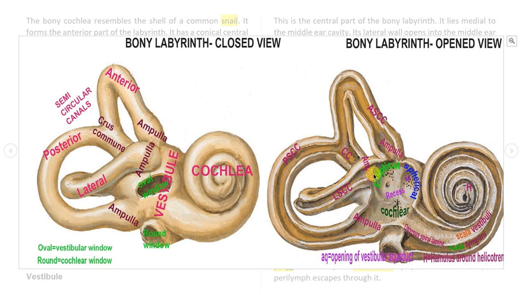This is the elliptical recess. It is for the utricle. This is the spherical recess. It is for the saccule. This is the cochlear recess. It is for the cochlear duct. Again, elliptical recess for utricle, spherical recess for saccule, and cochlear recess for the duct of the cochlea. This will continue with the duct of the cochlea. Here, the spherical recess will open, it will lodge the saccule, and the elliptical recess will lodge the utricle.